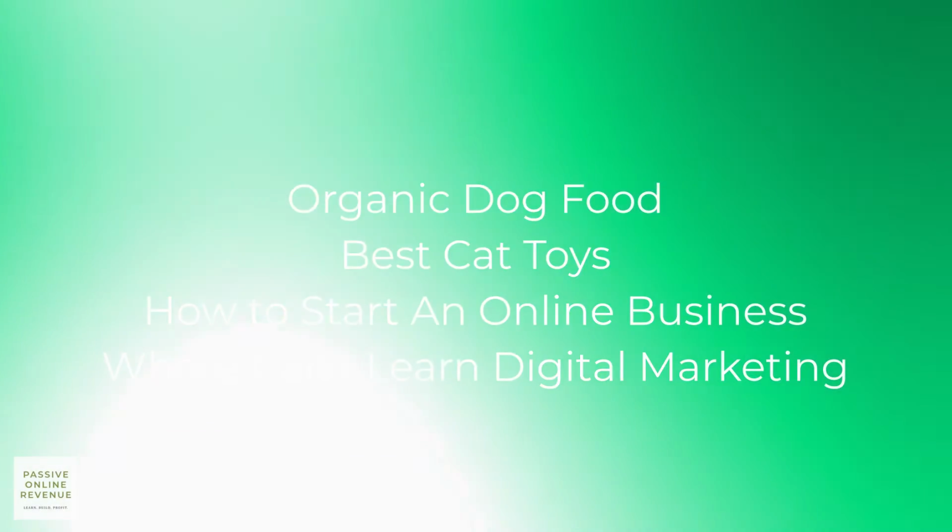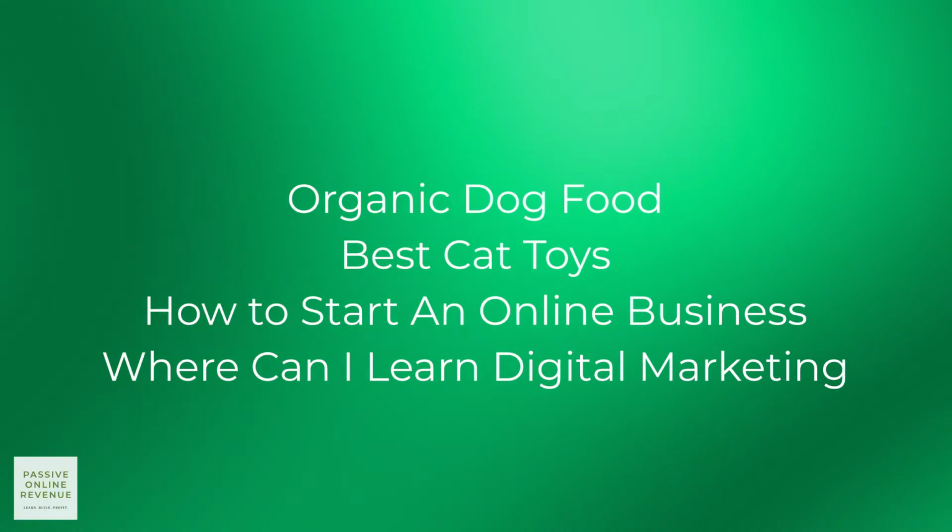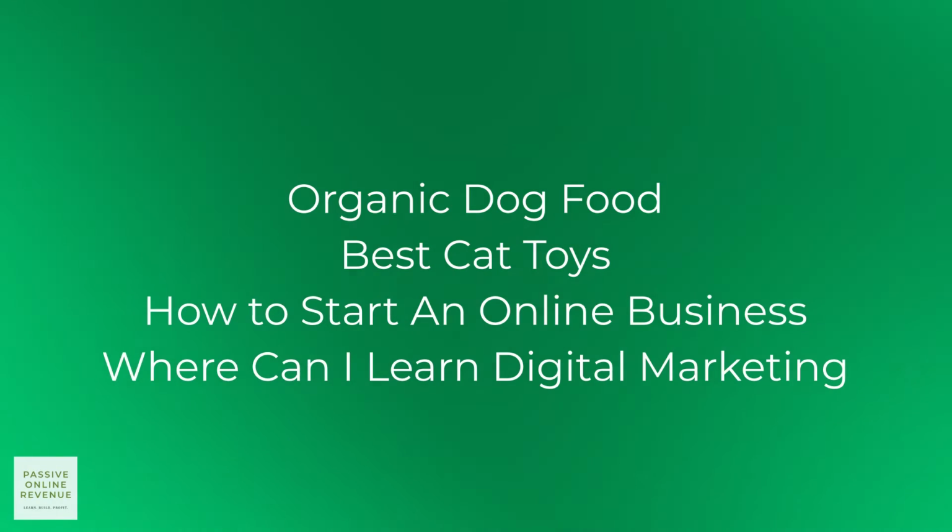In contrast, long-tail keywords are search words or keywords when searchers type in 3 or more words into a search query. Sometimes the words can form a phrase. For example, organic dog food, best cat toys, how to start an online business, or where can I learn digital marketing? As you can see, when someone uses long-tail keywords, they are actually looking for exactly what they have an